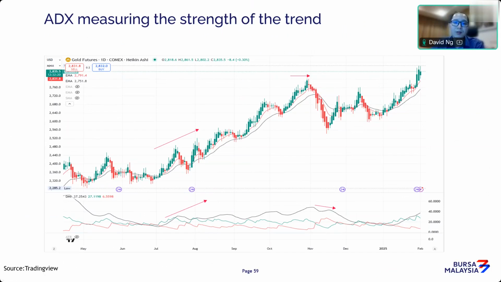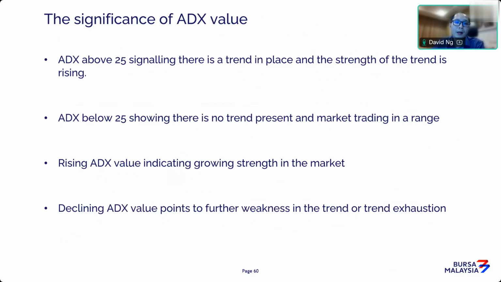So the DMI doesn't only tell you the direction of the trend, but it also tells you the strength of the trend, which is very important. So ADX is based on a value. I would say that the common rule of thumb is any value of ADX above 25 is telling you there's a trend. Anything below 25 is telling you there's no trend in the market. So when there's no trend in the market, you shouldn't be using trend trading tools or trend trading strategies. In a sideways market, you should be using mean reversion or other strategies as well. So keep that in mind.